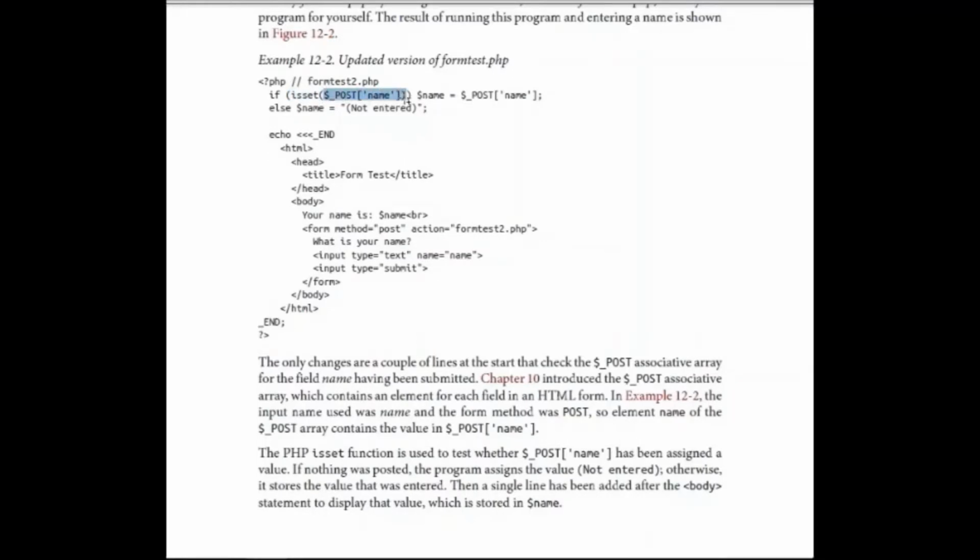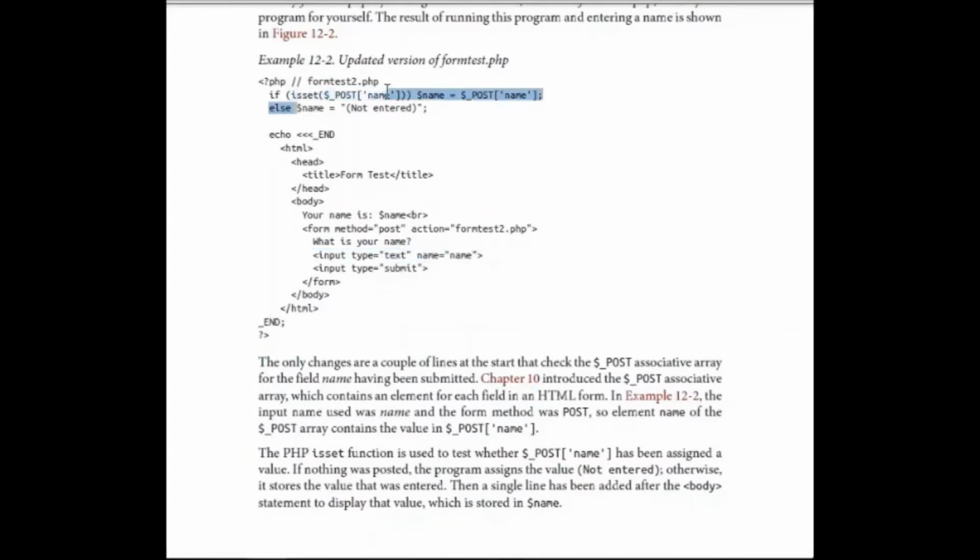We have used a special variable $_POST. Why have we used POST? Because here the method was post. If the method is get, we will use GET here in caps. And what is this name? Name means the name of the text box. So this will help you access the value of whatever is inside the text box.